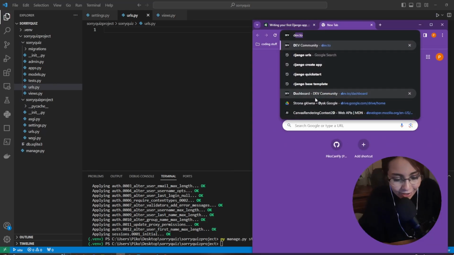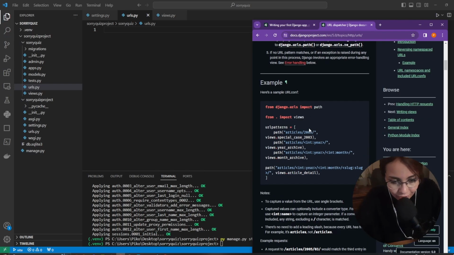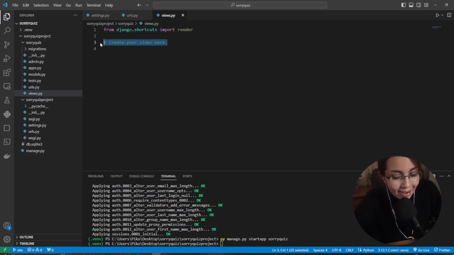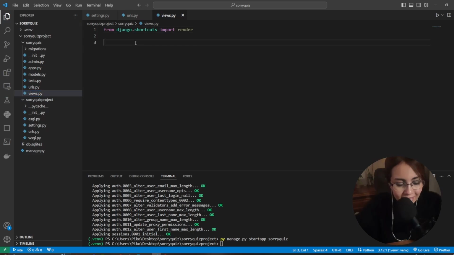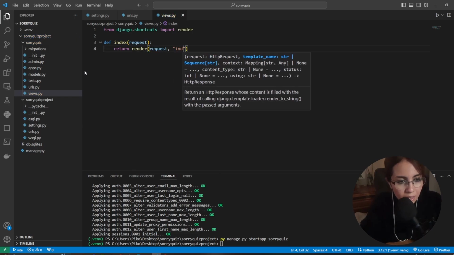And to make it work, I'm gonna just check the docs really quickly. URL dispatcher. Yes, we're gonna need this code. Let's copy it and paste it. We're importing path from django.urls, and we're importing our views that we haven't created yet. Actually, why not create our first view? Okay, so def index(request): return render(request,